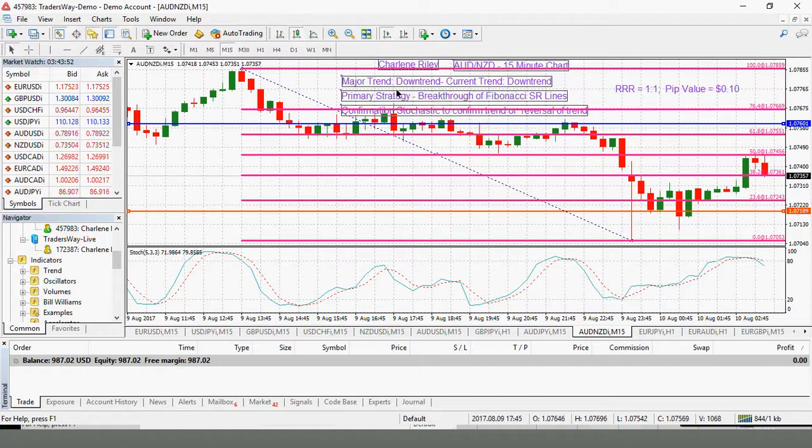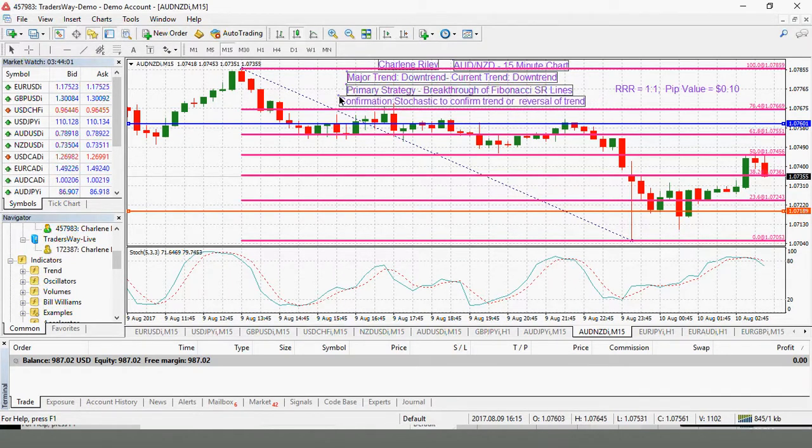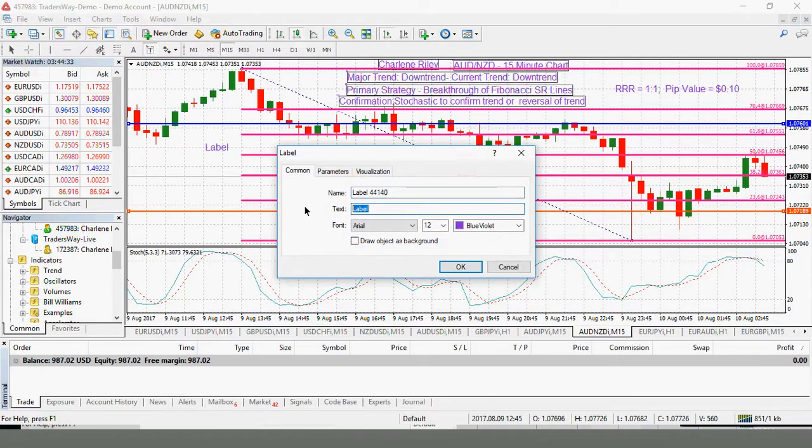So that's my trade setup, and then once I get that breakthrough, I won't do it on this candlestick though. The period is almost over. The next 15-minute period will start in about 40 seconds. So I am looking for a continuation of this downtrend. And if I have that breakthrough of support,